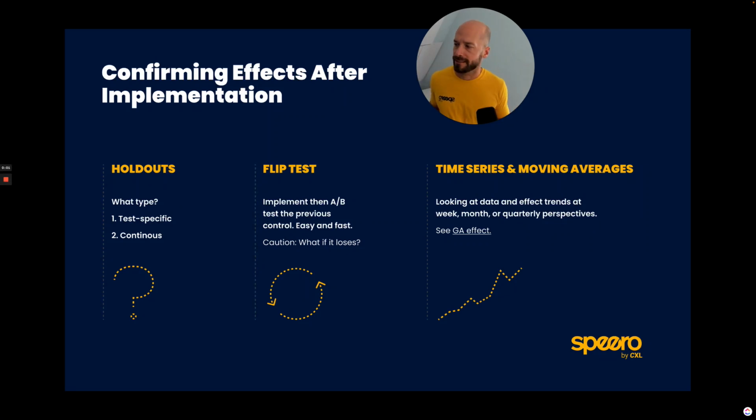So, in the scenario in which you need to report out on the ROI of a test initiative or a group of tests, you need to be really confident in the result of a test. You need to think about confirming the effects after you implement. And there are three common ways in which we like to do this, and thus this little bit of a